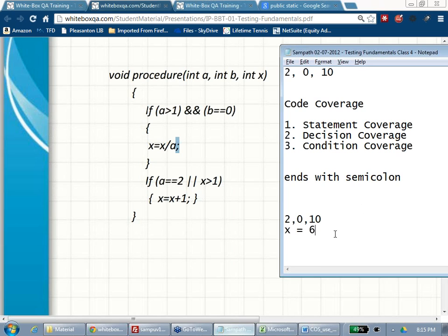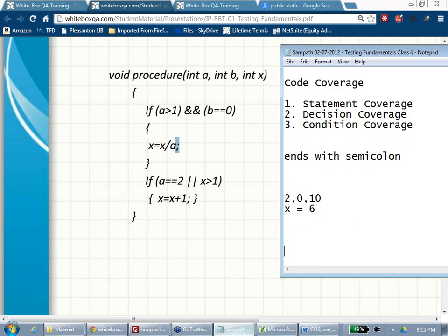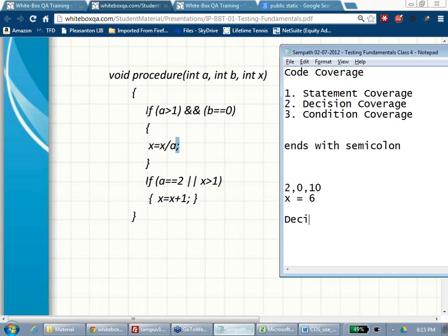Then there is something called decision coverage. Can you tell me who is making the decision in this program? This if condition is making this decision, and this if condition is making this decision. Agree? So when you make a decision, you can satisfy the decision or you may not satisfy it.